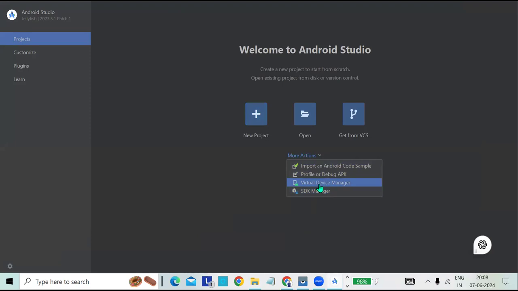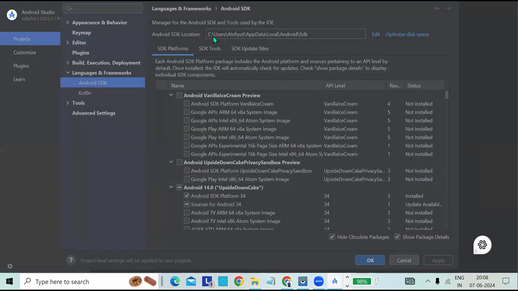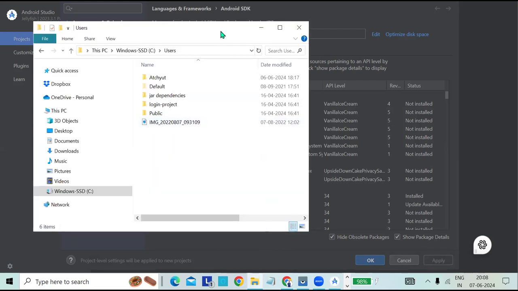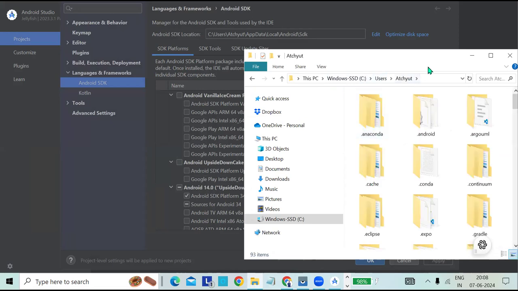See here, I'm opening the SDK manager. You'll have the SDK location, right? I'm going to that SDK location. See, I have clicked on Users, and after that I have to go to the Achyut folder, and here